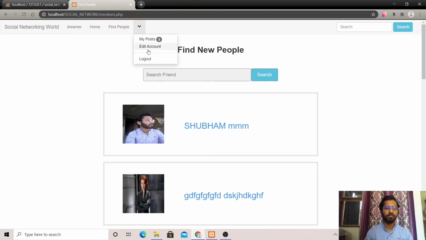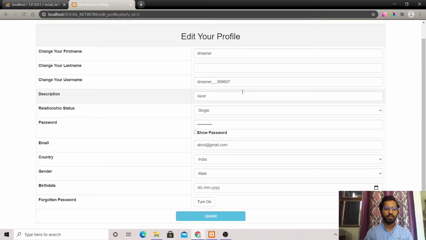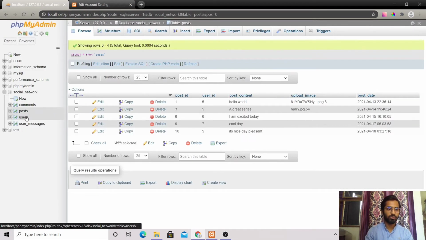Apart from this, one module is there to edit. So Edit Account, what it actually does, I will show. Here suppose it is single, all things are written, and suppose you want to change and edit anything, like the description. You want to change that no eraser, again as you can, learner you can put it. So learner. I will show whether it is changing in the database also or not.